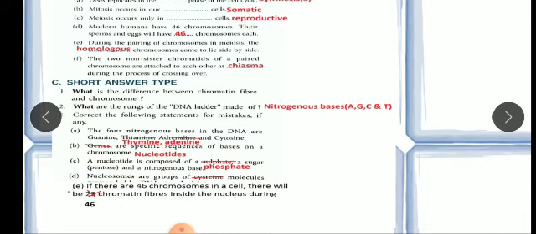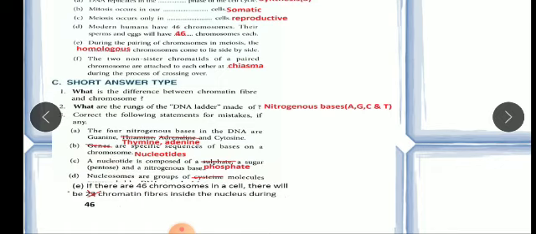Now the next part: a nucleotide is composed of a sulfate group. It is wrong. A nucleotide is composed of a phosphate group, then a pentose sugar and a nitrogenous base. Remember the 3 things which make up our nucleotide or DNA. Now D part: nucleosomes are groups of cytine molecules. It is also wrong. Nucleosomes are groups of histone molecules surrounded by DNA strands. That sentence was misplaced here. Okay.